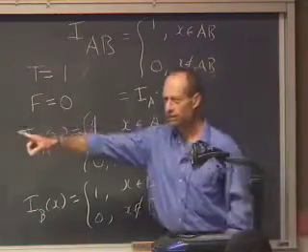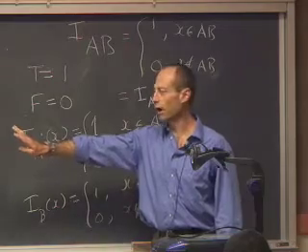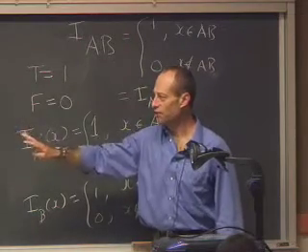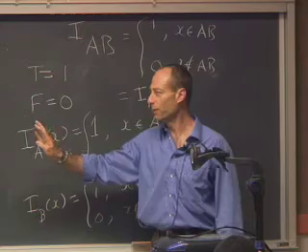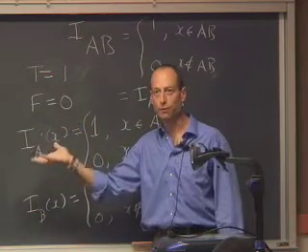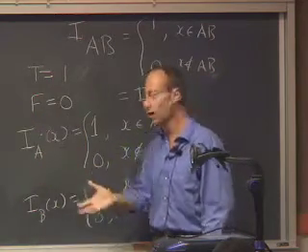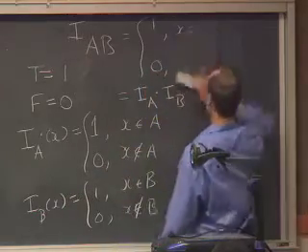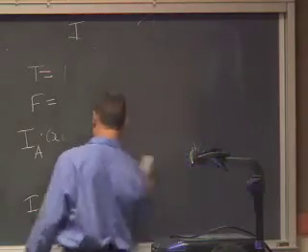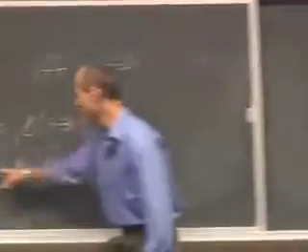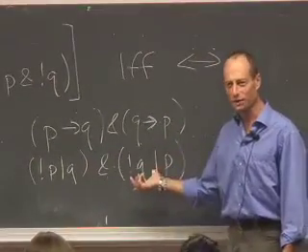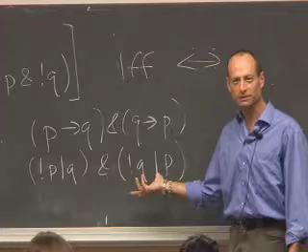All right, let's go back to this, because we need to learn some rules for how you distribute negation, conjunction, and so forth. They're rules that are very much like De Morgan's rules for sets that apply in logic as well. In fact, they're called De Morgan's rules for logic. How do I combine the ands and the ors and the nots? I need to know how I do algebra with this stuff.